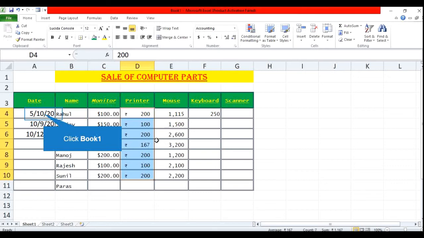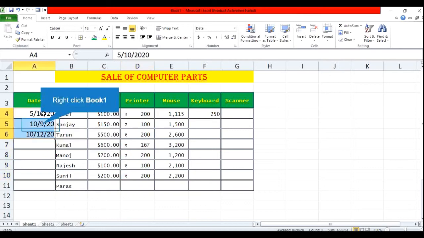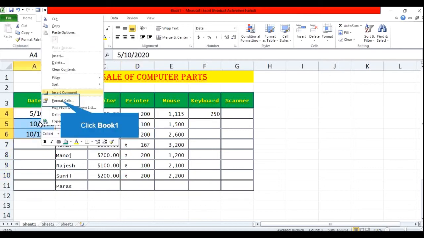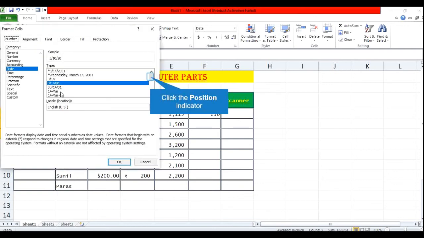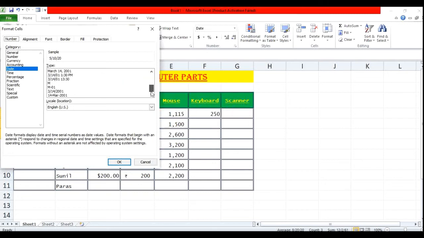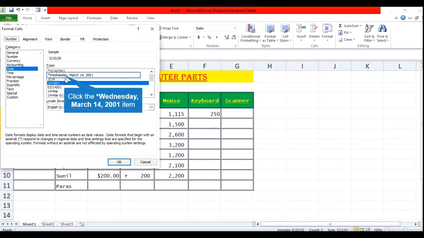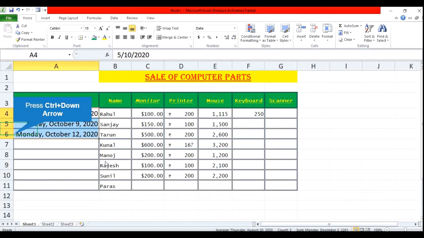Next thing is how to give the format cell to the date. Select date. Same the format cell option. Nothing new in this, but we see how the date formats are done. Go to format cell. In this we have the date option also. In date we have number of styles to be given for the date. Select any one of this. Suppose I want to add the day also, then select this. It will add day also. So this way it can be done.